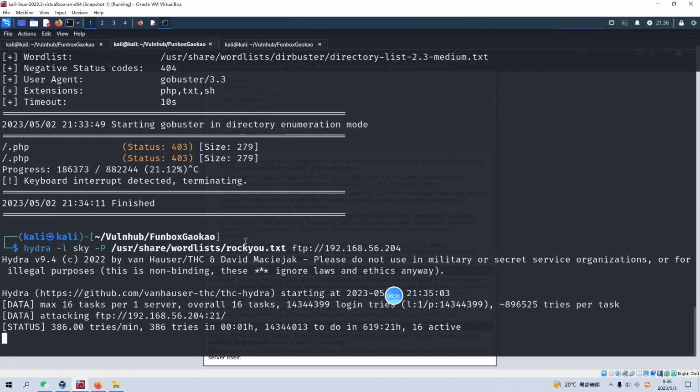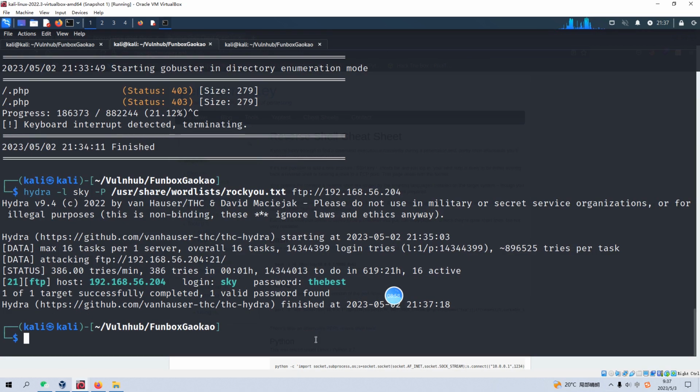So we need to wait for the Hydra to complete or get the password for the user Sky. To save time, I'd like to pause the video, and when it's done, I will come back. Okay, just after 1 or 2 minutes, the Hydra has successfully retrieved the password for Sky, and now